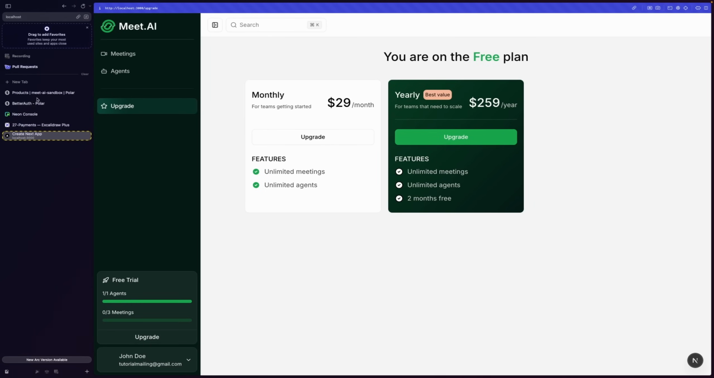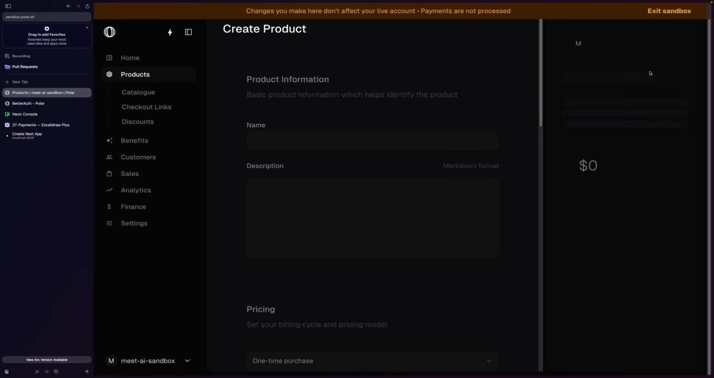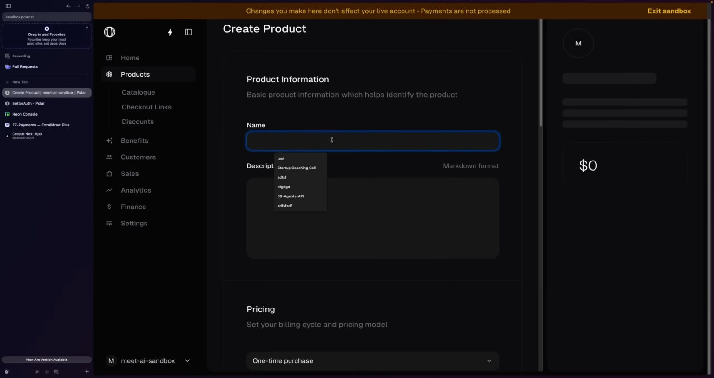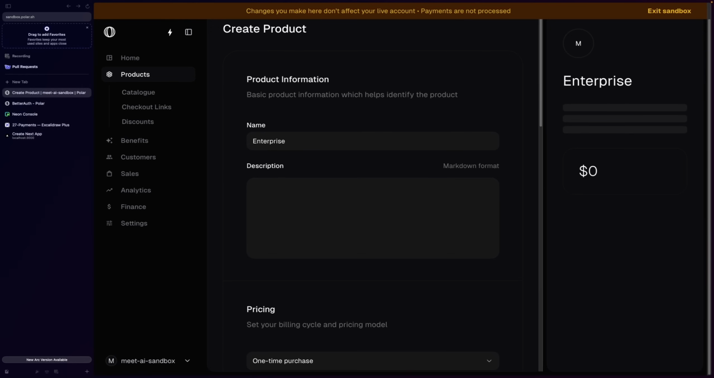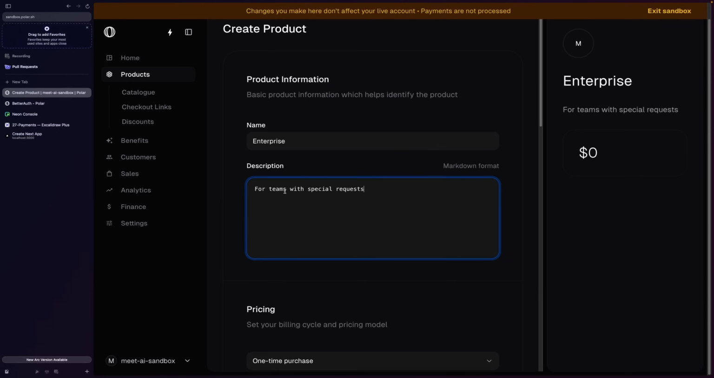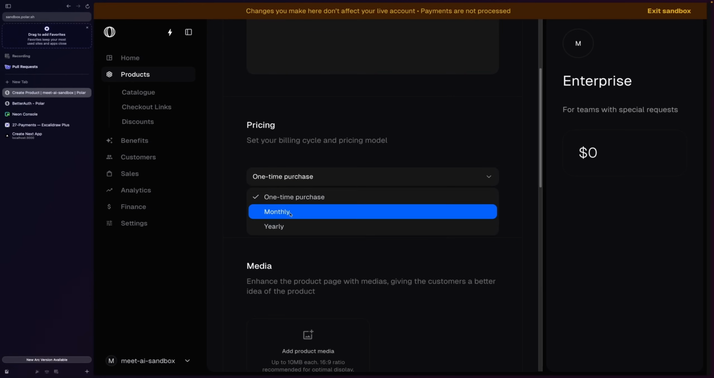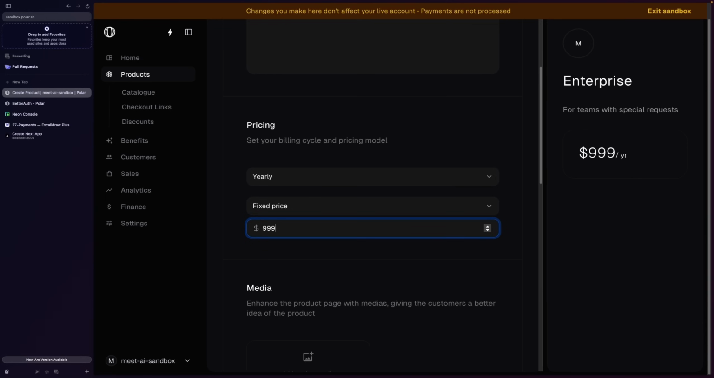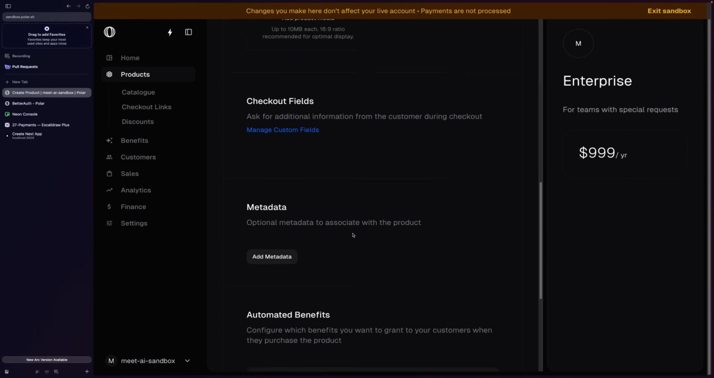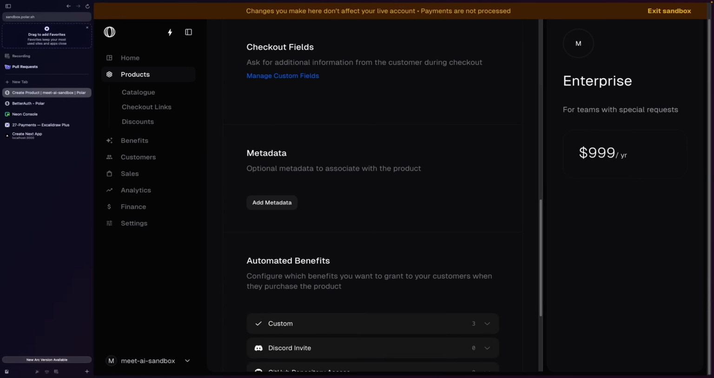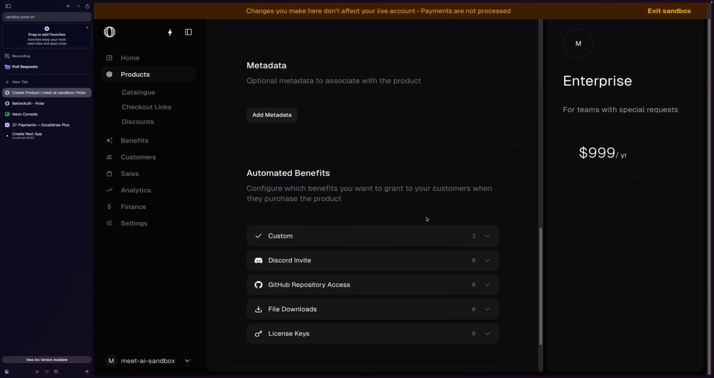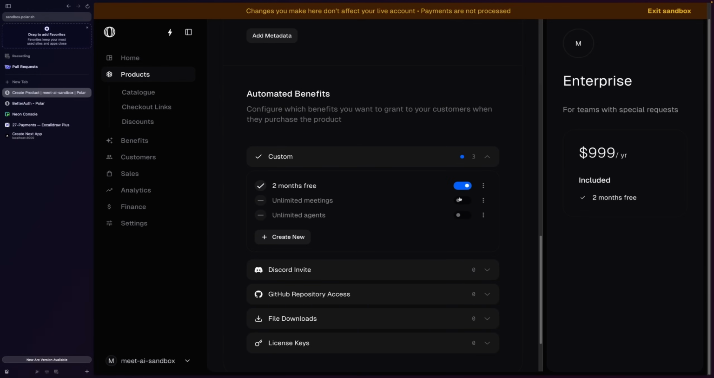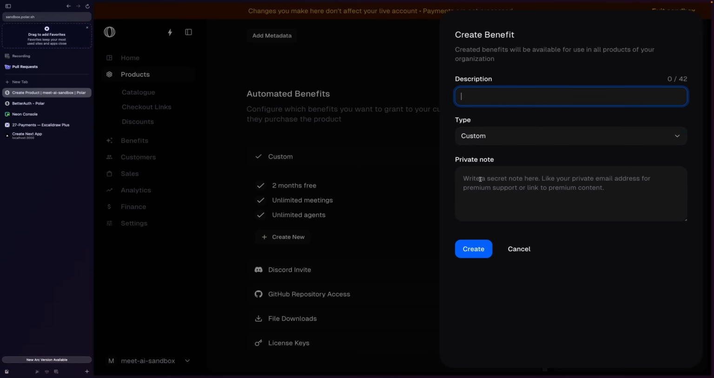There we go. And now let's go ahead and add one more, which will be called Enterprise. So this I'm doing just for fun, simply so you can see one cool feature that they have. So let's add for teams with special requests. It's going to be yearly only, fixed price, and let's put $1,000 a year. And what we can now do here is enable 2 months free, unlimited meetings, unlimited agents, and you